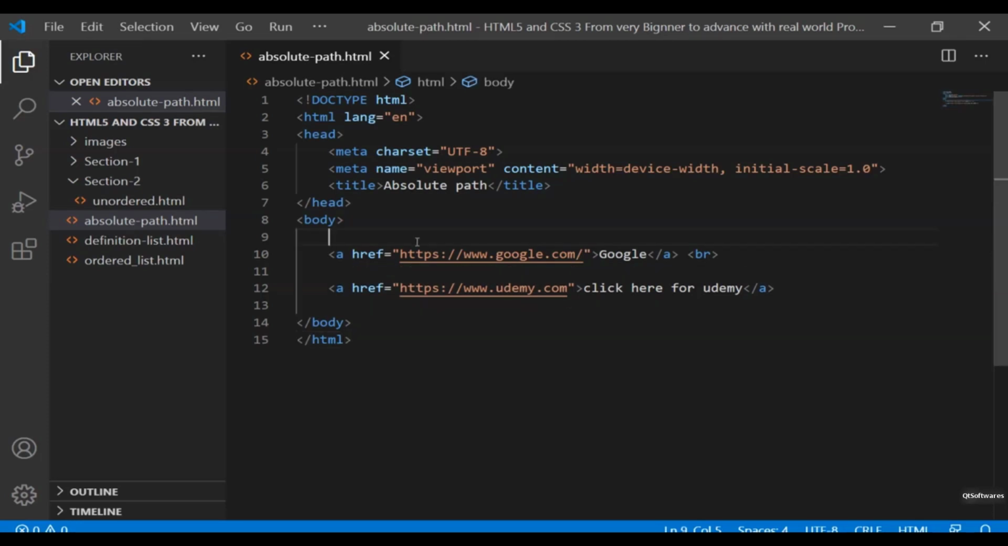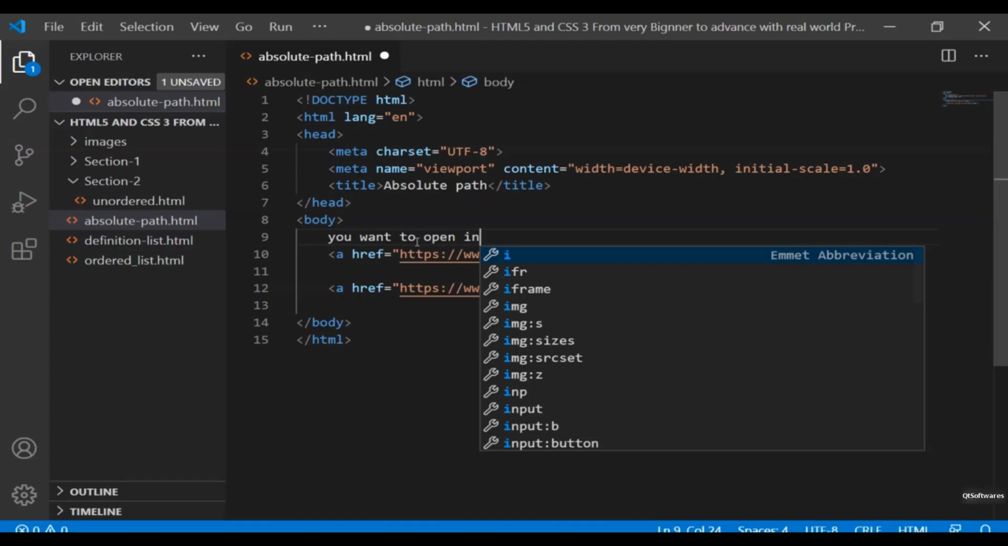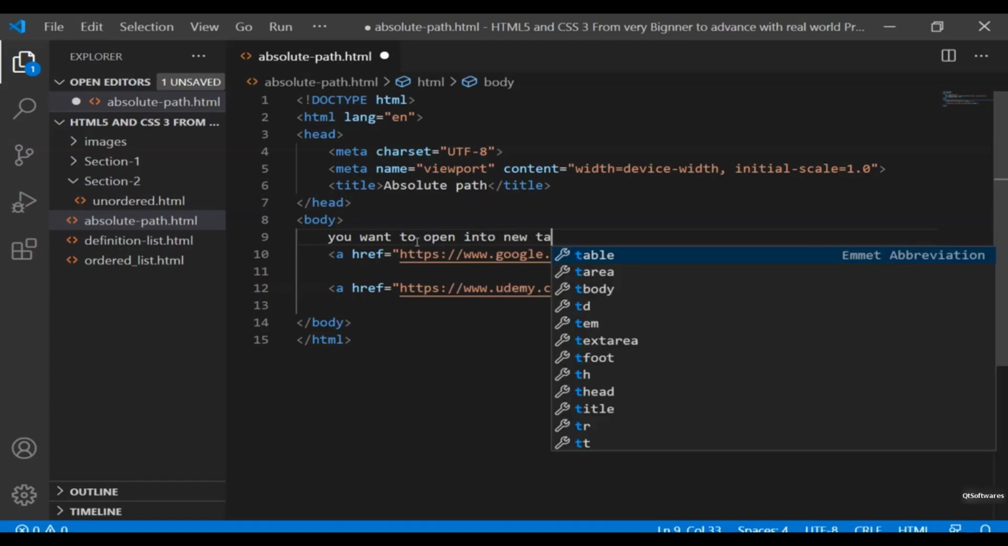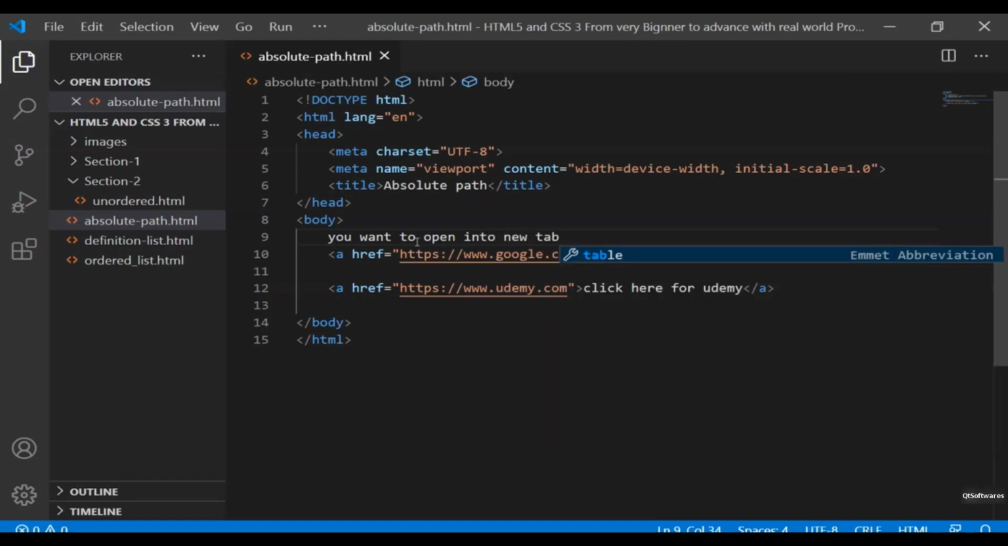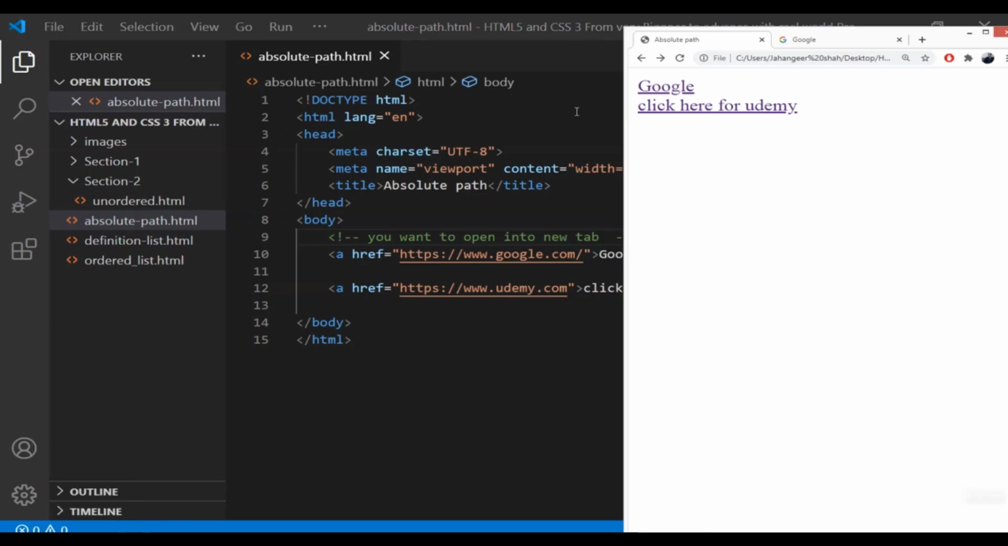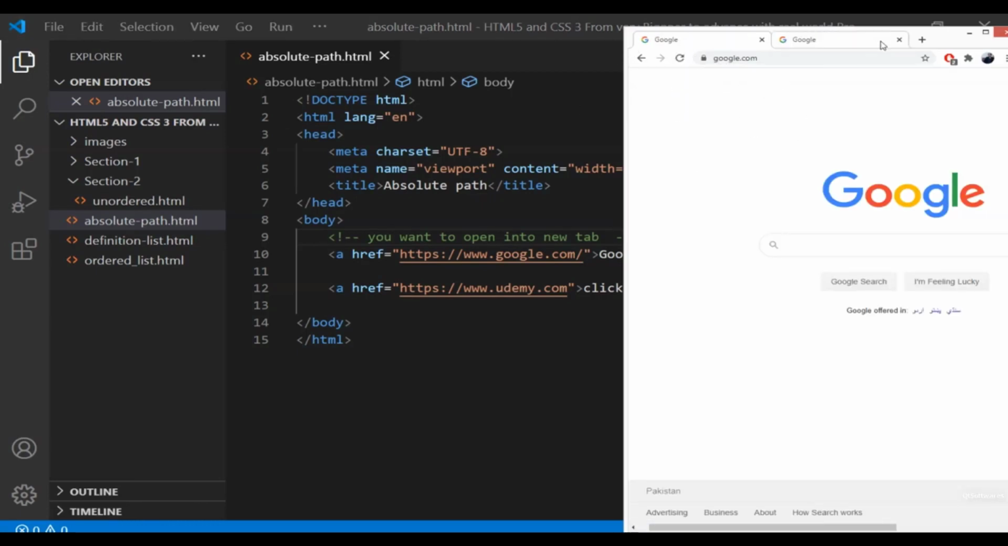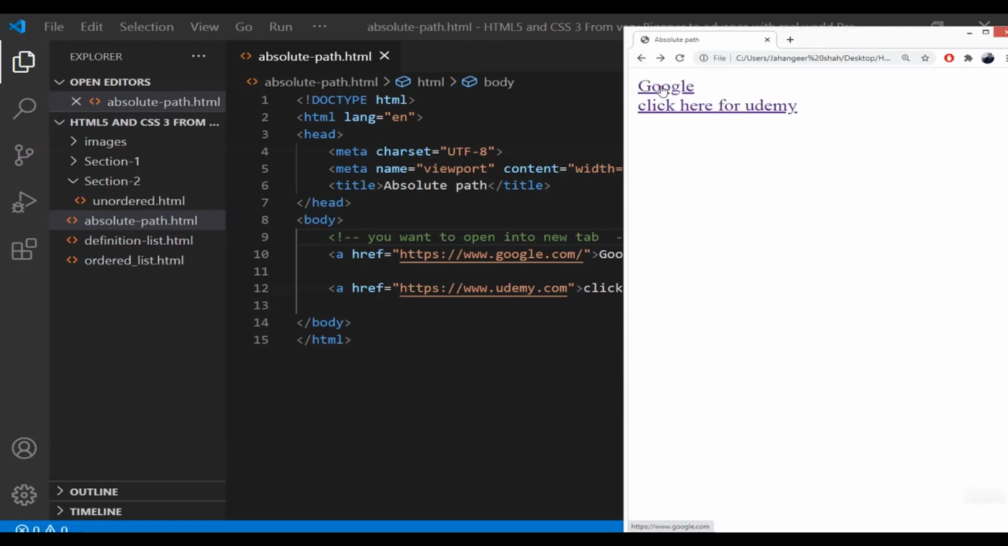What if you want to open the file in a new tab? What do you need to do? If I come here and refresh the page and click here, it opens in the same tab. So if I click over here and I want this to open in the next tab, for that I need to write